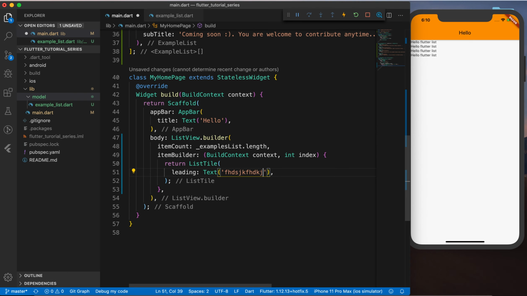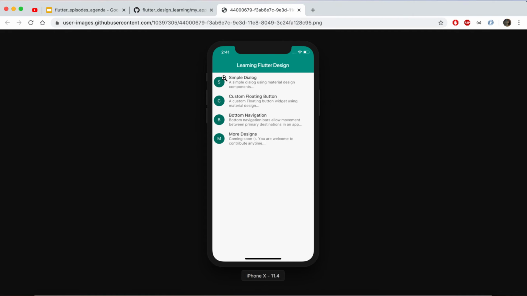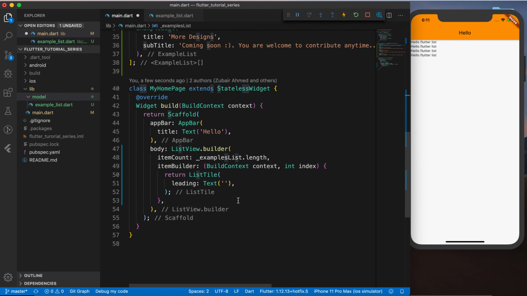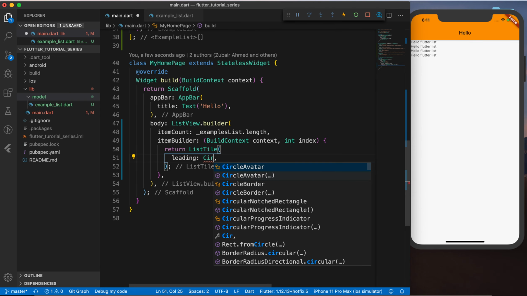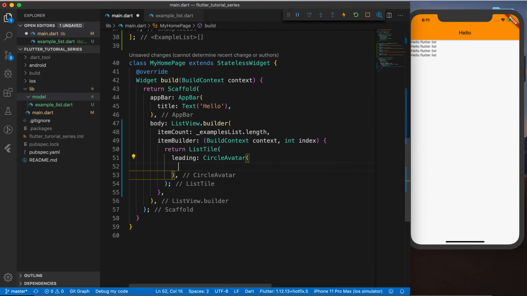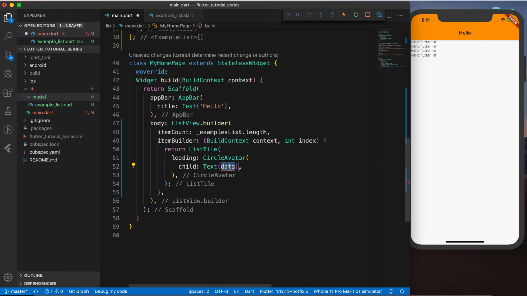and inside the text component we will not show some static text here. Instead, what we can do is pick that title and that title's first element, so that it shows a circle avatar with the first letter of that title inside it. So how could you do that? In that leading you can define something called a circle avatar. Inside that circle avatar it has a child property, and inside that child property you could define text, and inside that text you could use